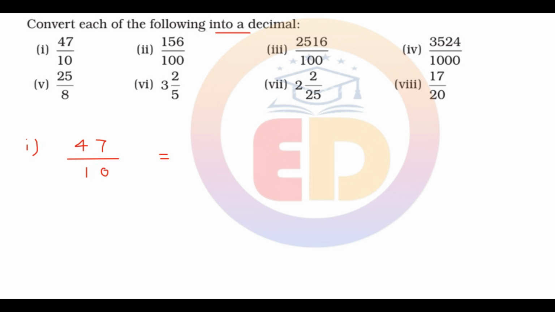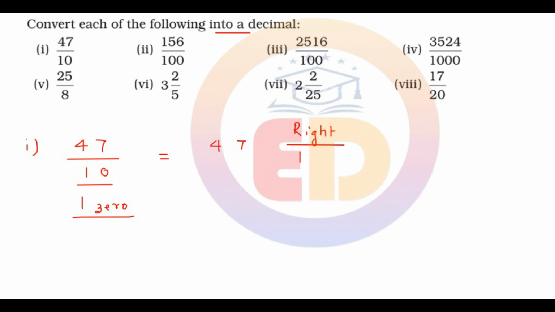In the denominator, after 1 there is 1 0. Remember, when there is 1 0 in the denominator after 1, then you go to the numerator 47, and from the right side